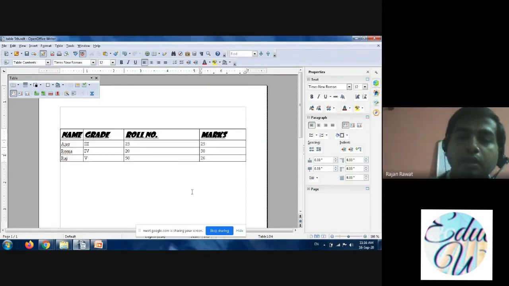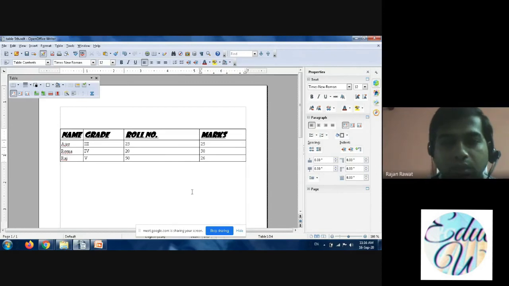So look, you can delete two, three, or four rows or columns at a time also, but you have to select it and then similar task, click the right button of the mouse and go to column and then delete. Whether you are deleting a row or column, you have to select and then press delete button.